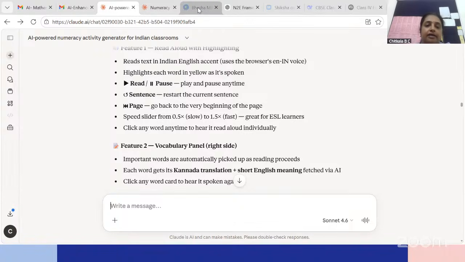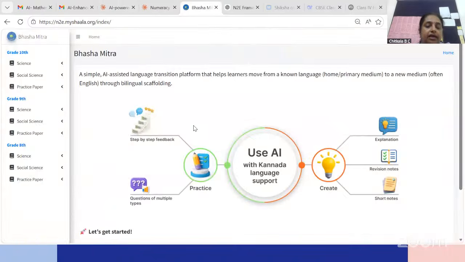Another part where we, not me at a personal level, the tech team, myself and my colleague, came up with one problem situation where the students are moving from regional language medium into English medium, and they find this language transition a very difficult challenge to overcome, and the teachers are not able to provide sufficient time and space for them to adapt.